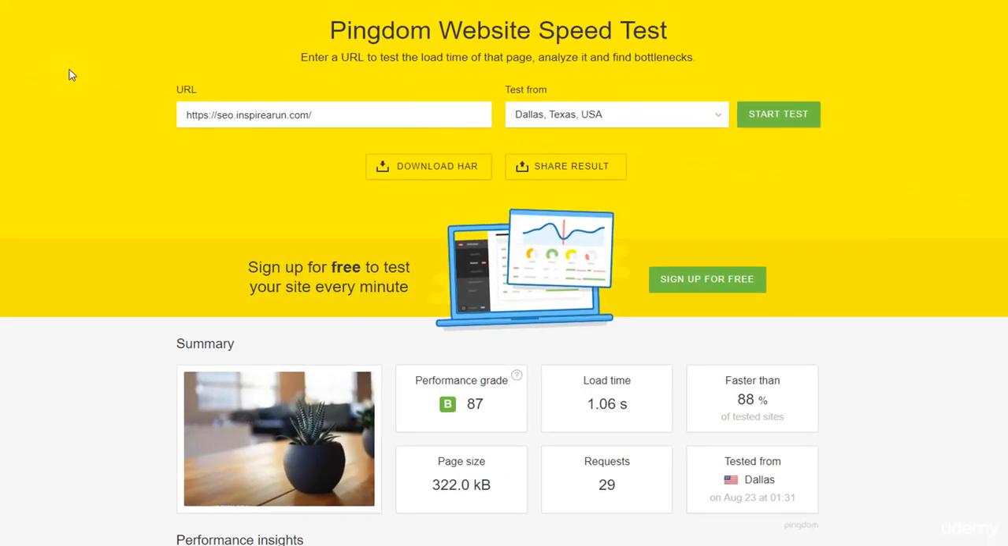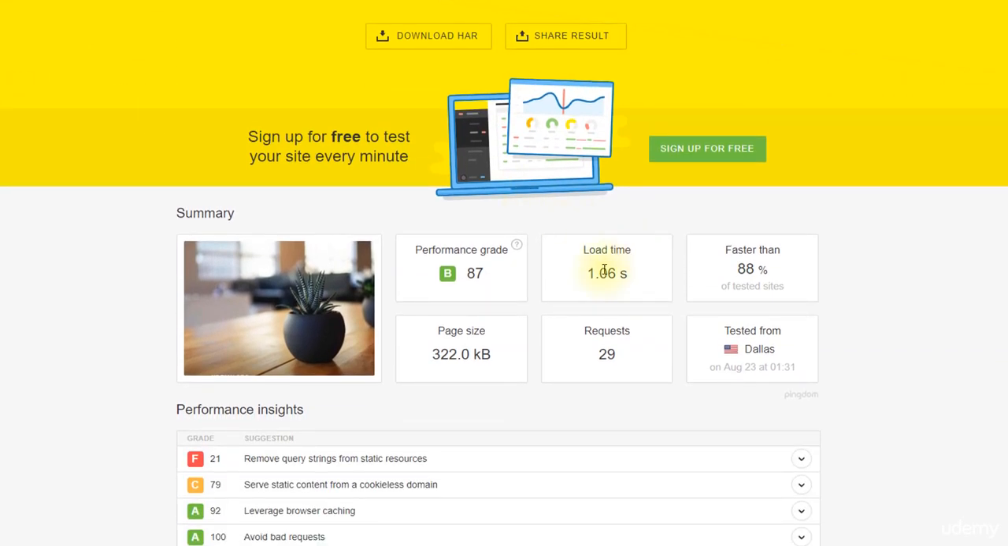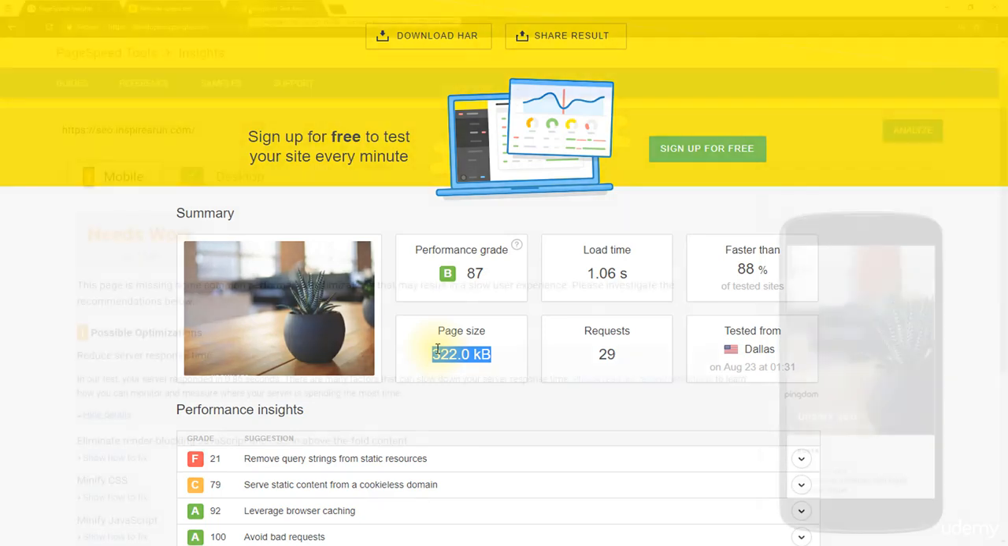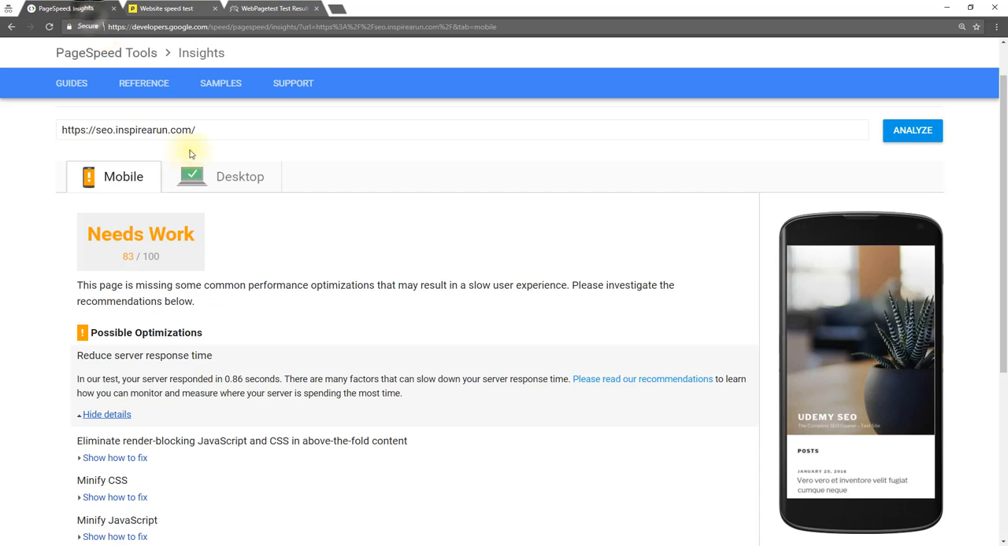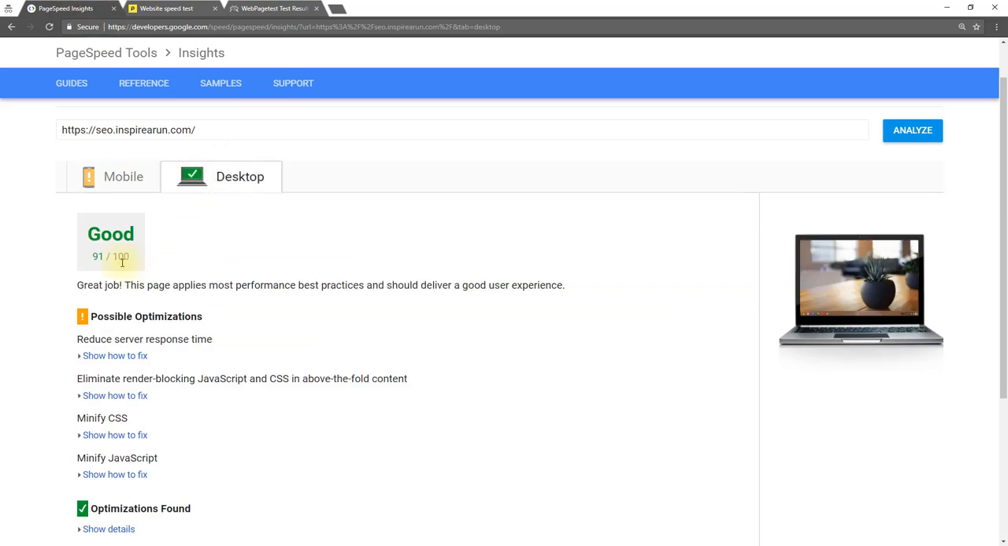But in case of page loading time, I have already got 1.06 seconds load time. This is possible because of a page size of just 322 KB. The reason behind this lower page size is a page speed optimized theme, that is the 2017 theme by WordPress itself. As I said in the first lecture of this section,